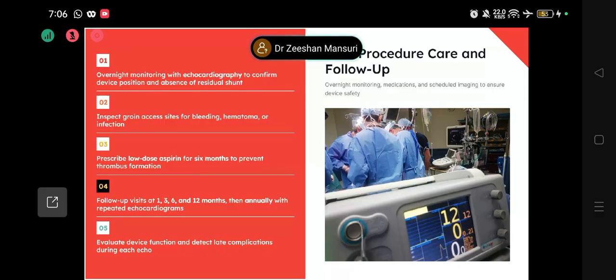And by low pressure chamber, I mean to say that there is a stasis inside the atria. And because of that stasis, Virchow's triad may be fulfilled and it can cause thrombosis. So there might be tiny thrombi attached to the atrial septal device. To prevent that, we continue to give aspirin for at least 6 months after the device until that is endothelialized, and then probably you can stop. Follow up at 1, 3, 6, and 12 months,